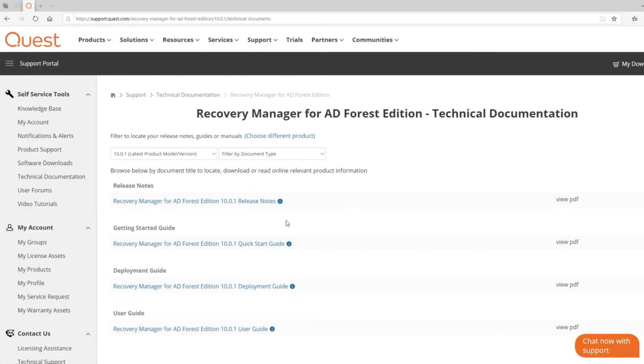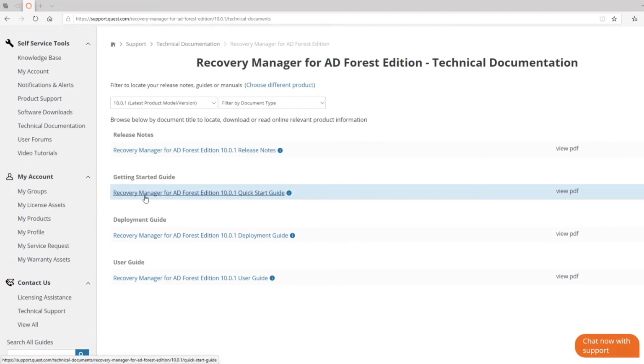So this is an important one. It gives you the release notes and it tells you what version of the release notes is the latest will pop up. You can go to the filters up top and change your versions. It gives you the quick start guide to get going. Then there's the actual deployment guide, which helps you get it installed and running in your environment. And then last but not least is the user guide, and this one gives you all the additional information you need to get things up and running in your environment.